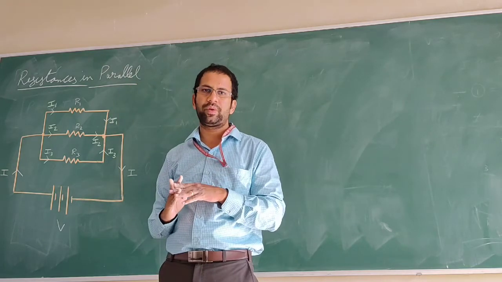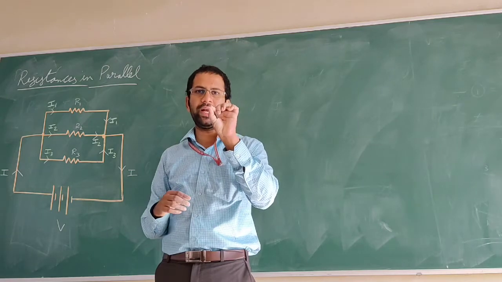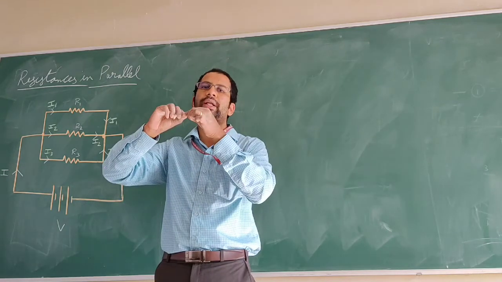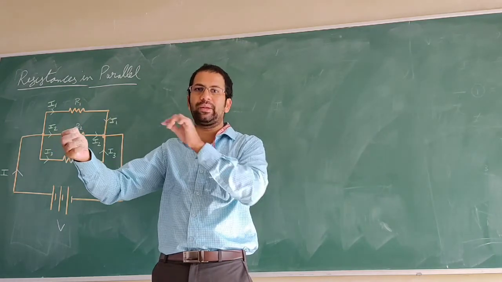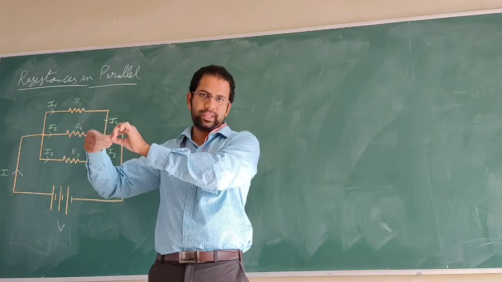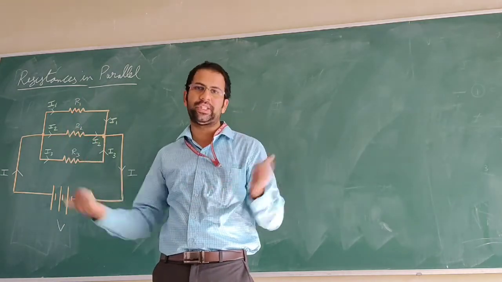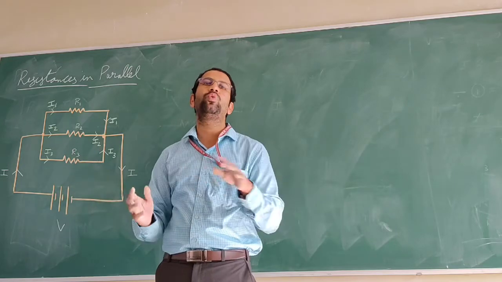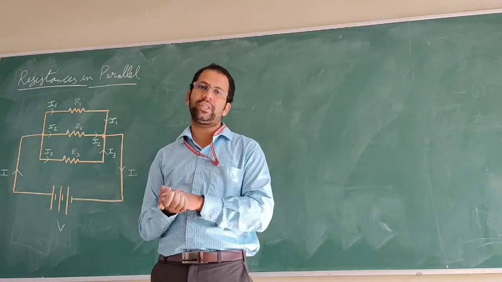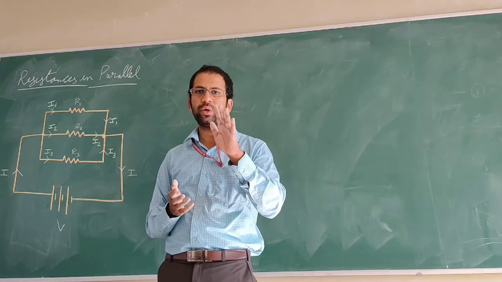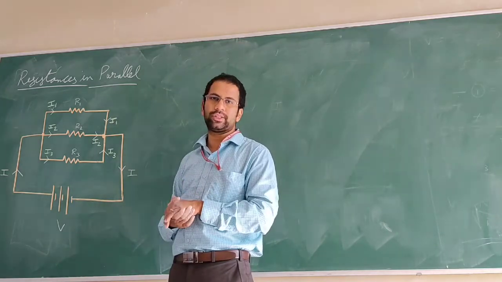In series connection, if you take three resistors, one end of the first resistor is connected to one end of the second resistor. The other end of that second resistor is connected to the first end of resistor R3, and the final two connections are not connected to each other. They are connected to the voltage source or some other node, but not to each other. So you have to understand the meaning of series and parallel resistances.